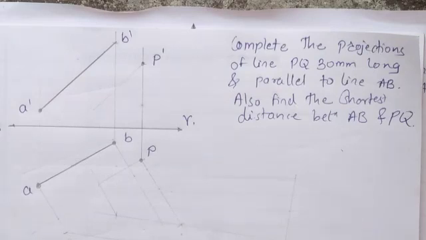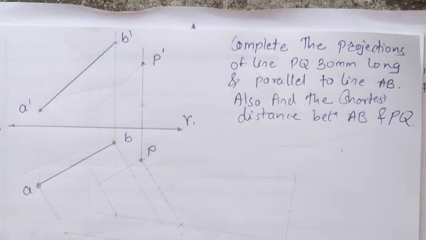Now we are going to start the series of lectures on projection of line by considering the property of parallel lines. So let us first discuss what the parallel line property is. The property tells that when two lines are parallel to each other, they remain parallel in each and every view. This is the basic property.